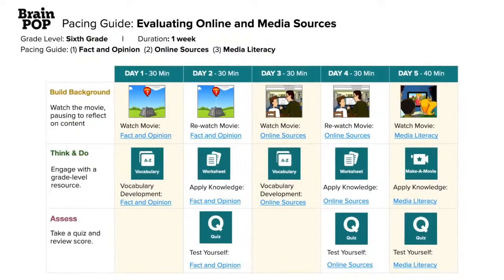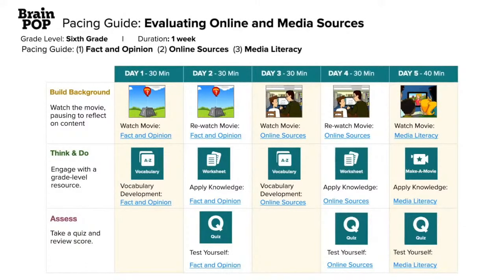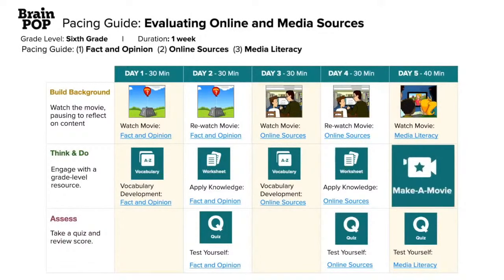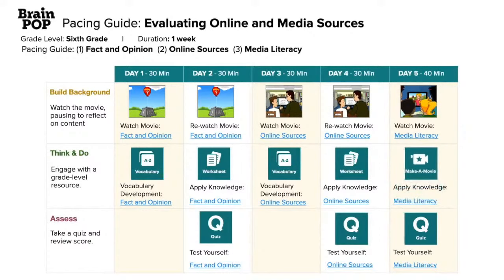For example, over the course of 1 week, 6th graders can explore evaluating online and media sources, culminating with a movie-making project prompt to demonstrate understanding of fact versus opinion and how to identify bias in media. Perfect for in-person or working from home, these rigorous and fun mini-units will engage students and develop digital citizenship skills.